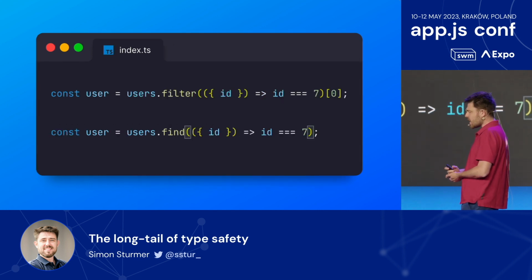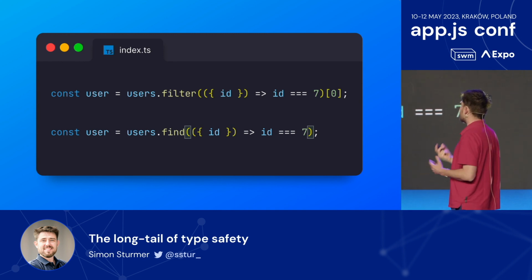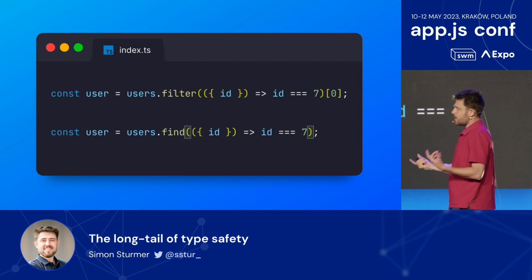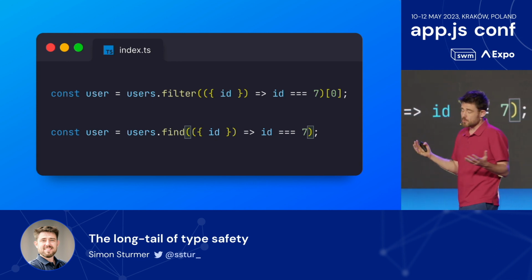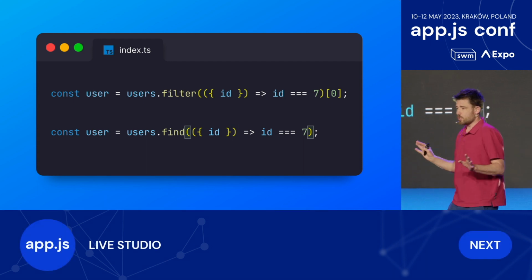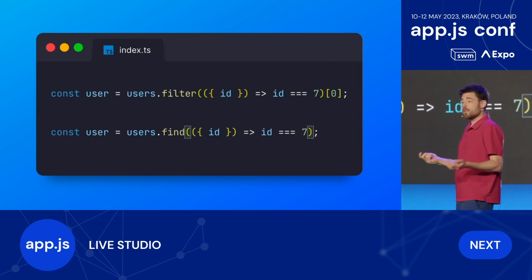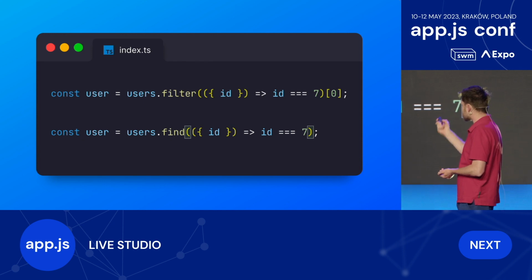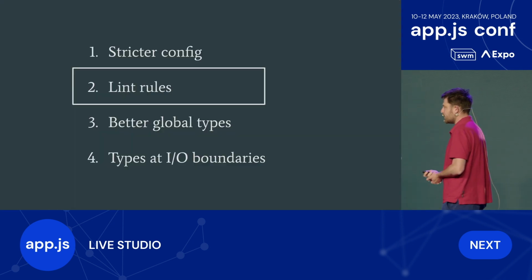And I'll use an anecdotal example. This top line is real code that I saw in a code base, and I'm doing the code review, and I was like, well, why would we use .filter and then get element 0 when we have .find? And it turns out the response was, oh, because .find might return undefined, but the first one will not return undefined. And that is unfortunately not the case. But TypeScript will allow you to do it, right? TypeScript will let you get away with the first one and say, yep, for sure that's going to be a user coming out of there. So we don't want stuff like this in our code, so we can make the rules a little stricter.